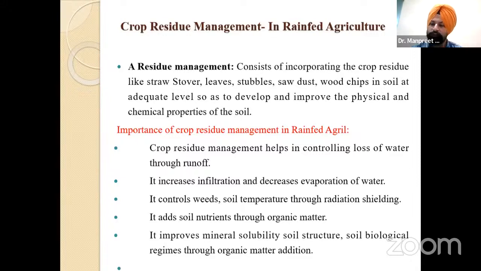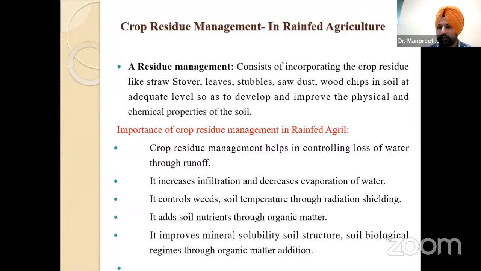वीड, सॉइल सोलराइजेशन का काम करती है, वीड्स कंट्रोल करती है, सॉइल टेम्परेचर कंट्रोल रहता है, एक रेडिएशन शील्डिंग हो जाती है जब उसकी मल्च यूज होती है। तो उसके बाद it adds soil nutrients through organic matter, it improves mineral solubility, soil structure, soil biological enzymes through organic matter addition. ऑर्गेनिक मैटर जब सॉइल में ऐड होगा, क्रॉप रेजिड्यू डीकंपोज होगा, तो जो सॉइल की स्ट्रक्चर या बायोलॉजिकल प्रॉपर्टीज हैं वो भी डेफिनेटली इंप्रूव होंगी,